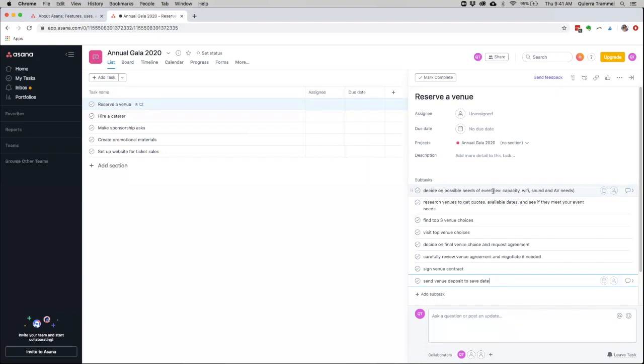Okay, awesome. So now you have all of your main tasks and you have all of your subtasks and then you can start putting them in order. So you can move subtasks and tasks the same way. You can click on one and you see you can just kind of move it around. Or you can click on multiple tasks or multiple subtasks and move them at the same time,